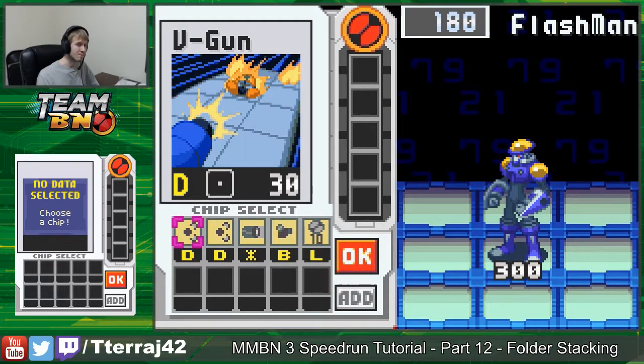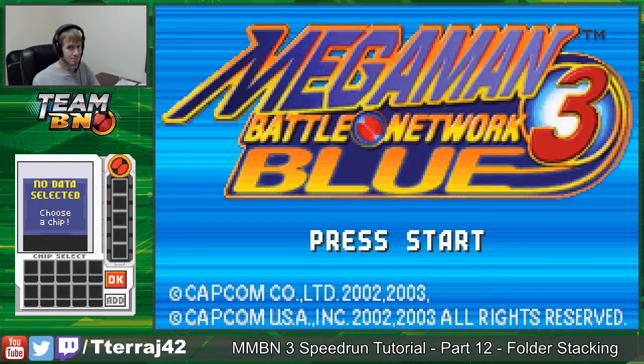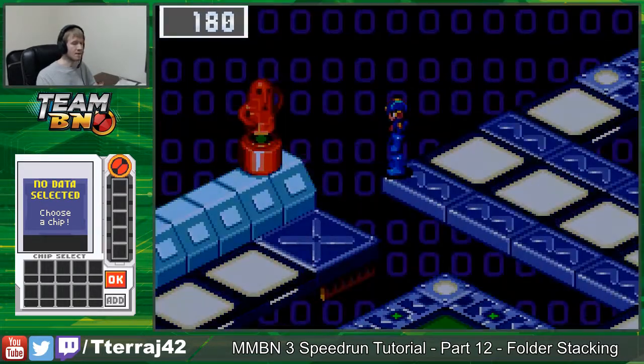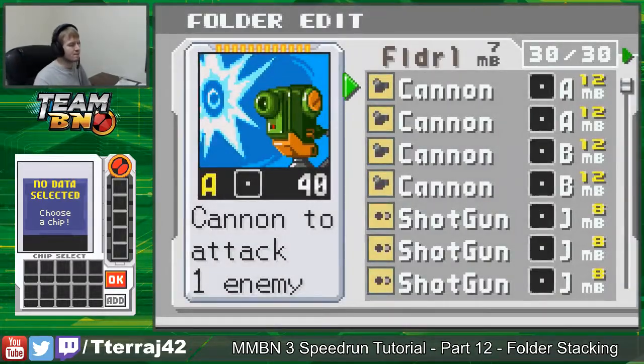But what if you could draw all of your chips in exactly the order you wanted right at the start of the fight? It's possible. In Battle Network 1, 2, and 3, we can actually do real-time RNG manipulation for use in speedruns. 4, 5, and 6 changed how RNG works. Again, RNG is random number generator, and it's done differently in each game. For Battle Network 3, if you want a folder stack, what you need to do is basically...